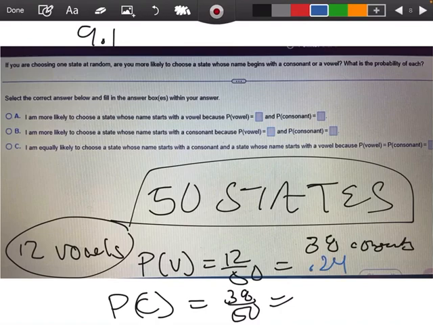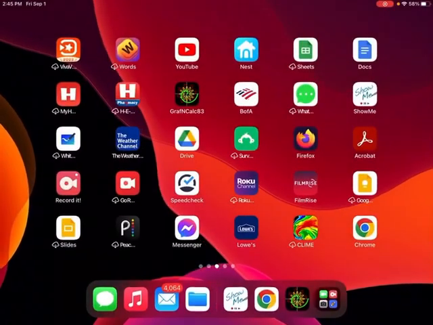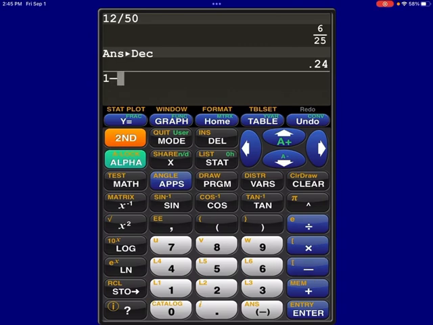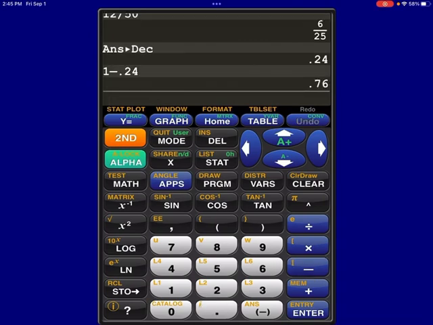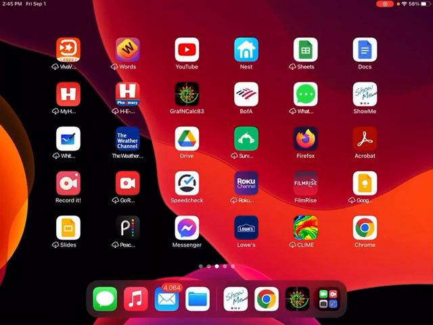So y'all, if this is 0.24, my probabilities have to add up to 1. So I can just say, what's 1 minus 0.24? 1 minus 0.24 is 0.76. Think about it like a dollar, right? If I add 24 cents, how much more do I need to get to a dollar? 76, right? All right, so let's come back over here.